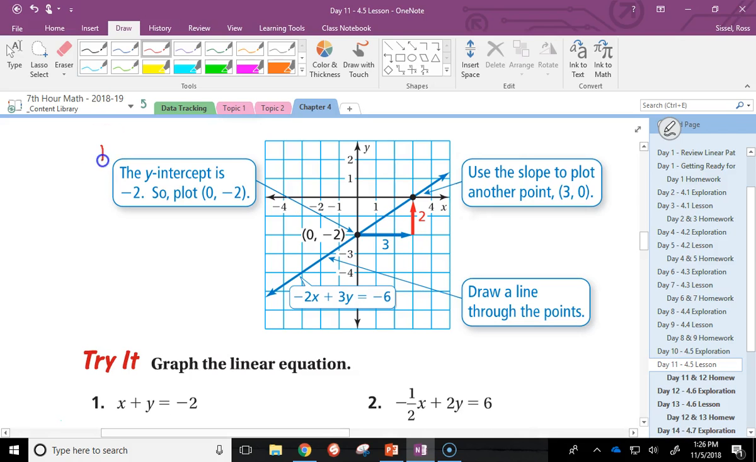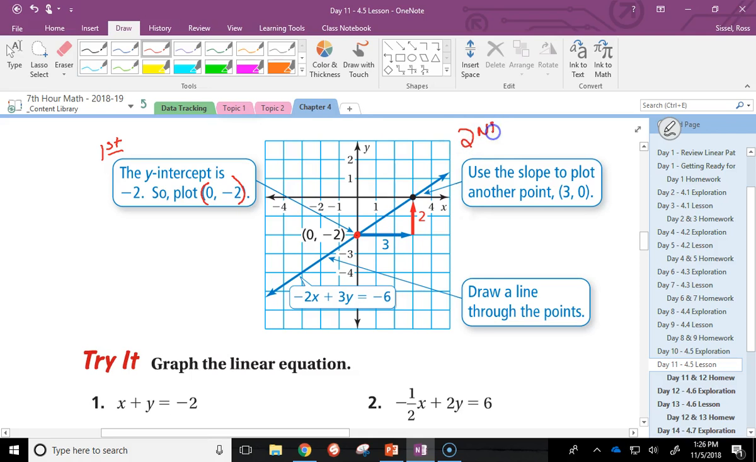First step. First thing you want to do is plot your y-intercept. Because my y-intercept is negative 2, that tells me it crosses the y-axis at negative 2. So here's my y-axis. It's right here at negative 2. Its coordinates are 0, negative 2. Remember, y-intercept, its x coordinate is always 0 because we're not moving away from that y-axis. After we plot that point,